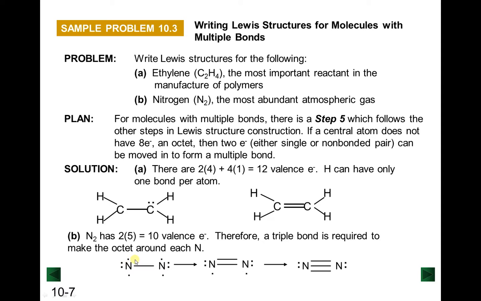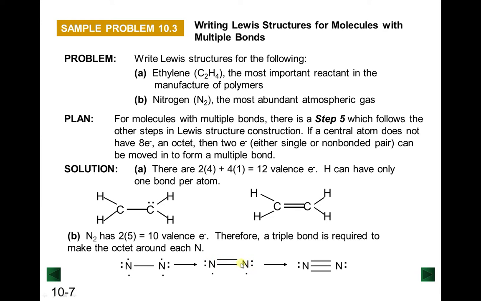So in order to fix this problem, where the atoms do not follow the octet rule, we can promote the electrons into the lone pair electrons. We can promote them into bonds, into additional bonds connecting the nitrogen atoms together. So we can convert this electron over here and this electron over here to form an additional bond that connects the nitrogen atoms together. But if we do this, each nitrogen would have 1, 2, 3, 4, 5, 6, 7. Each nitrogen would have 7 electrons surrounding it, and it still wouldn't fulfill the octet rule,